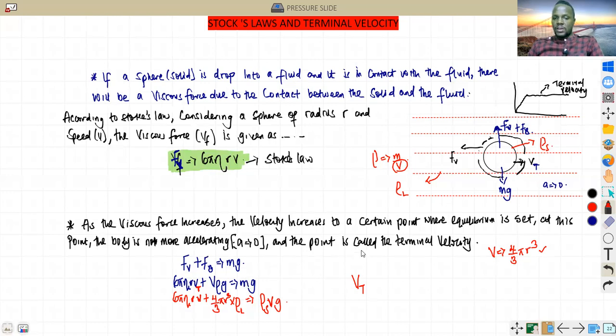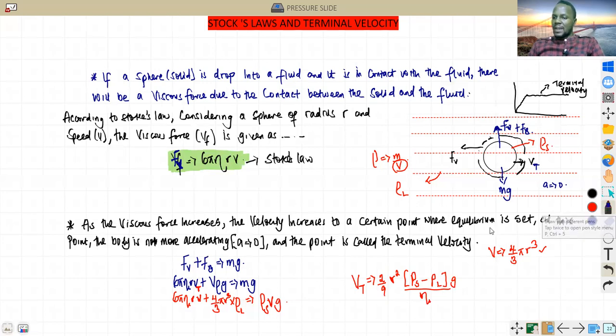Then substituting that, what you are going to have, from the numerical, the formula you have to keep in mind will be 2/9. Yeah, that is 2/9. Very good. Here one, here two, I have 2/9. I have r square. We open brackets. We have rho of solid minus rho of liquid divided by eta multiplied by g. So please keep this formula in mind, because this formula is very, very important when we are